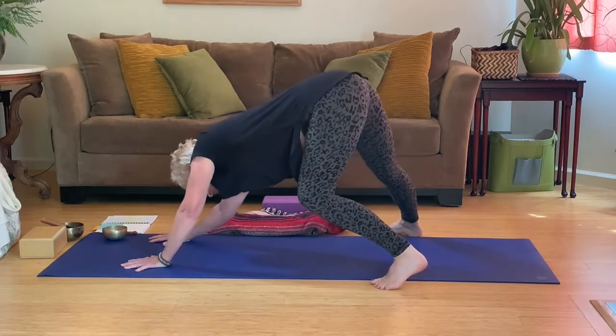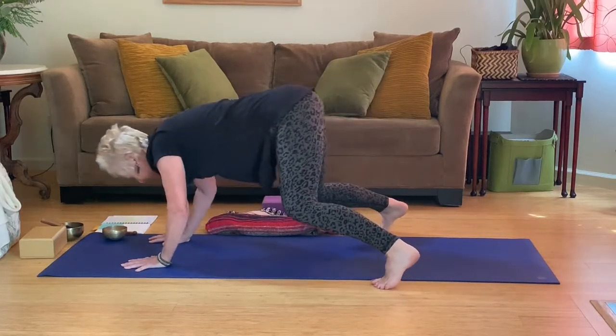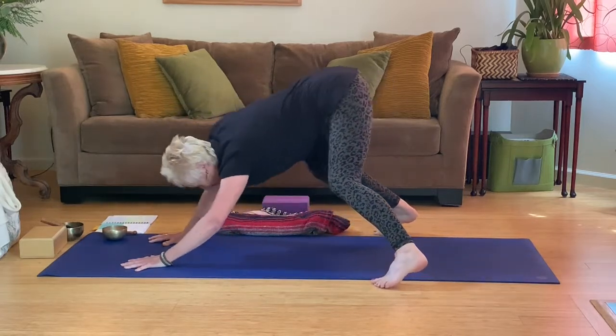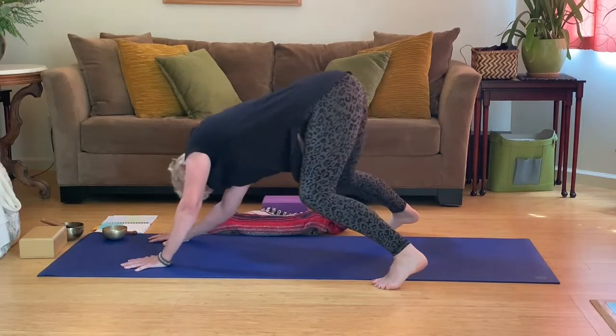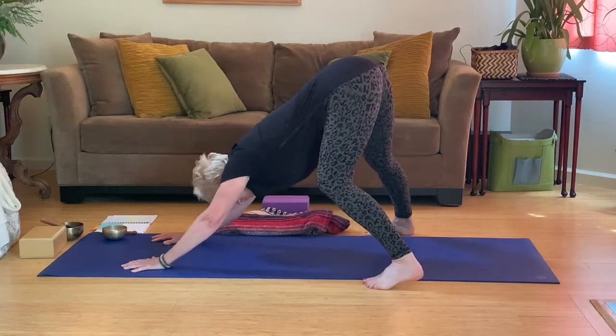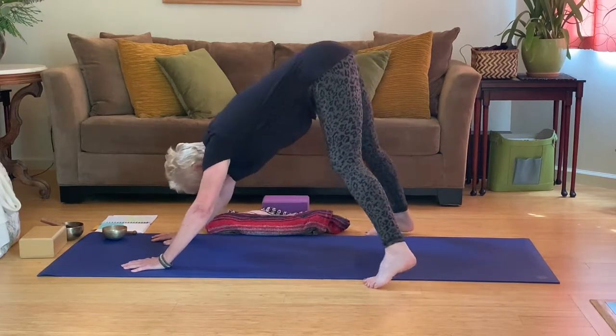How can you get into your hamstrings, your inner groin, whatever your shoulders are wanting? Just move around a little bit. Give your body what it wants. Relax your neck. So after you've given your body what it wants, and stay here as long as you feel like, you're just going to bring